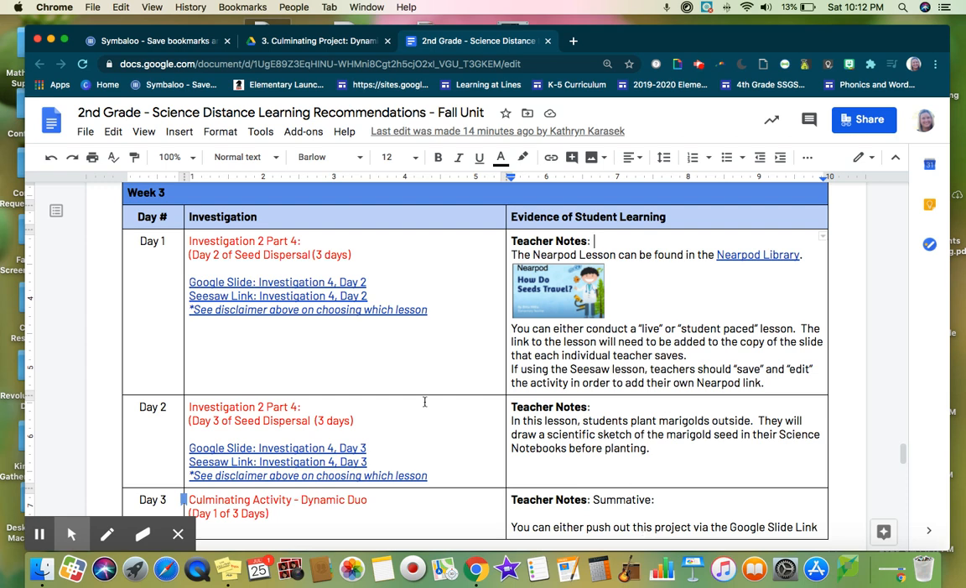Hi, second grade teachers. This screencast is going to take you through how to identify the Nearpod lesson that is shown here in the teacher notes for this day's lesson. Not only will we take you through finding the lesson in Nearpod, but how to save it into the Seesaw